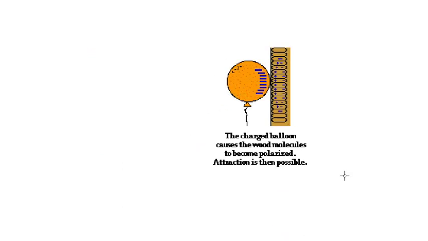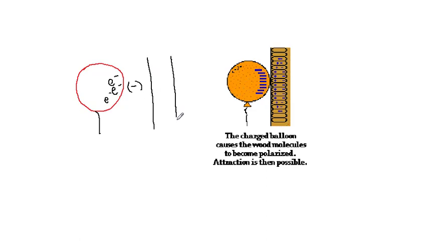Now polarization helps us understand some phenomena. If you have a balloon and you rub it on a wool, the balloon tends to take on electrons. So it's going to take on electrons. It's going to become charged. And this is a balloon. So this becomes negative. And if you put it next to a wall, which is usually neutral,